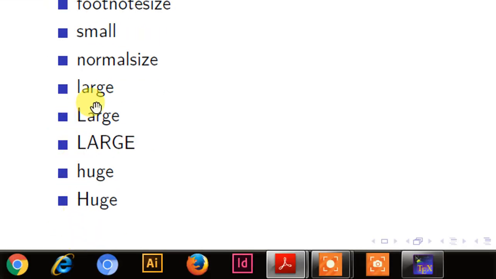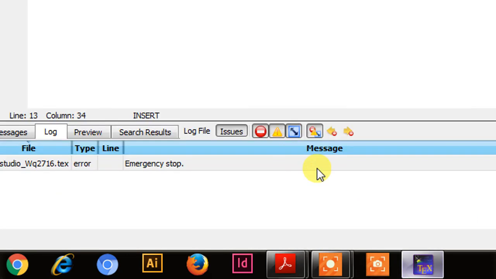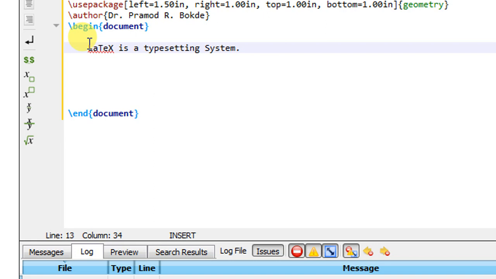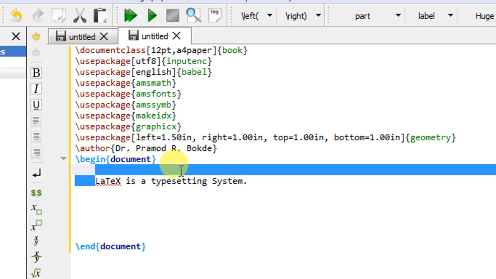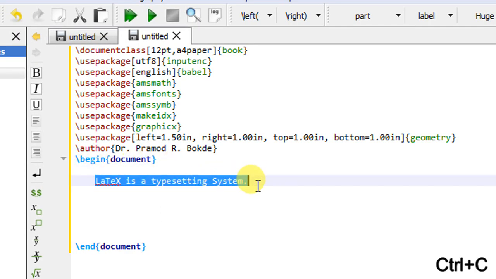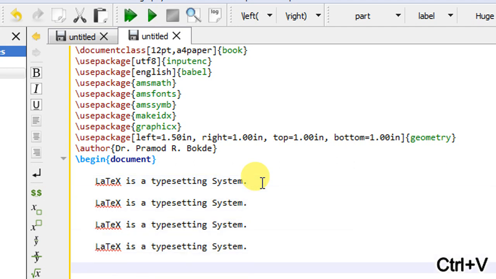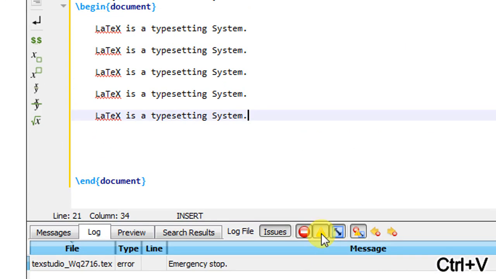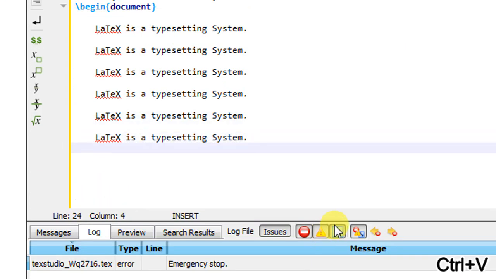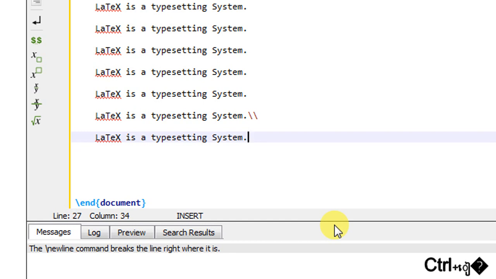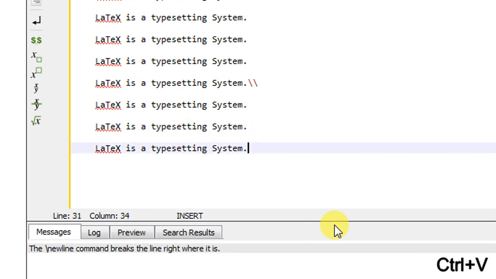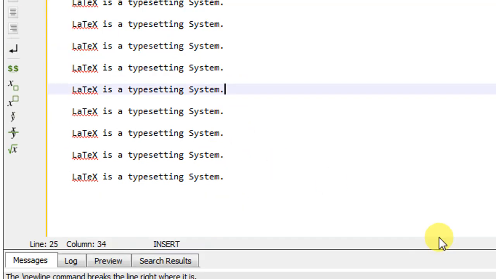There are various commands available for changing the font size in LaTeX. So I will copy and paste this sentence, so I have multiple copies of it. Now let us go on applying the commands one by one.